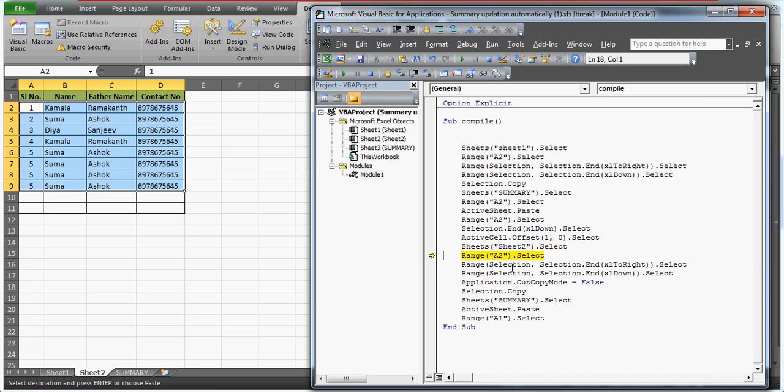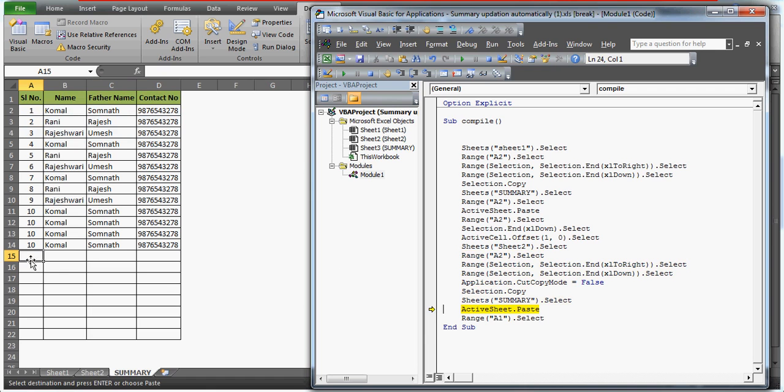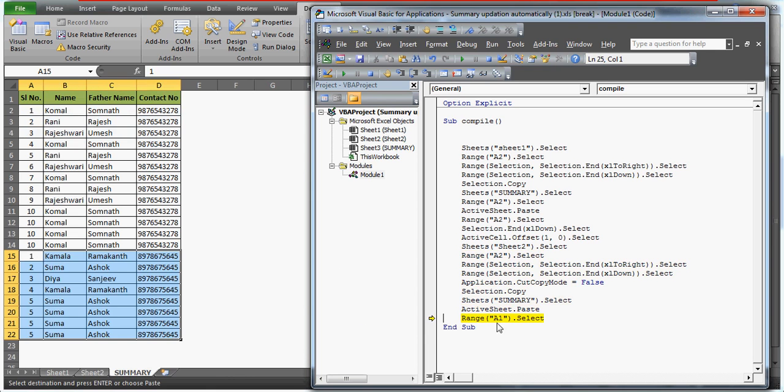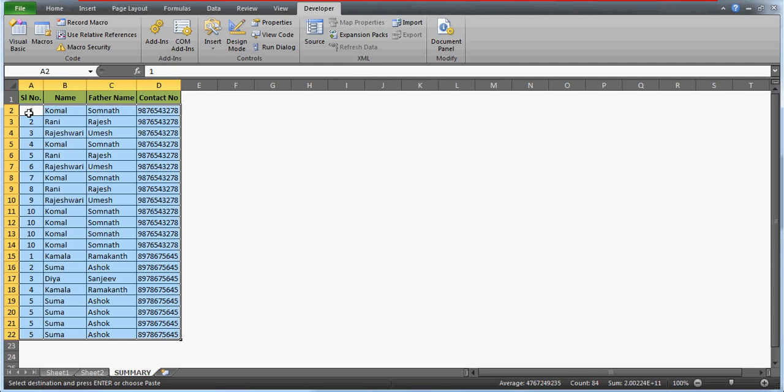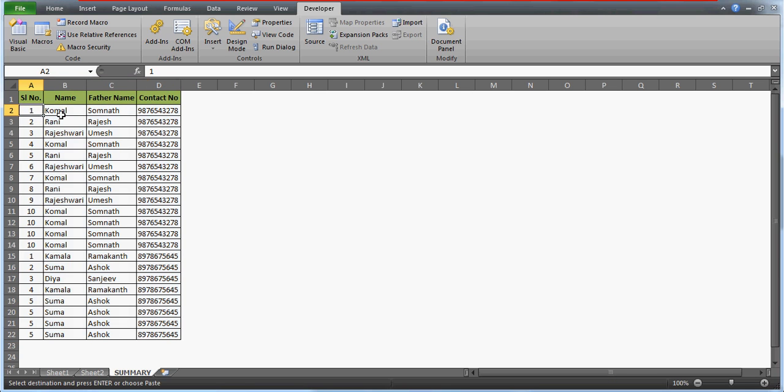Now I'm on Sheet 2, and on Sheet 2 I am on A2, and the data is selected and then copied, and then on this sheet it is pasted. There we go. That's it. I think the macro is finished. Now let's do one more thing. You can further record one more macro, so that anytime this macro runs, the data should be deleted. I can write the macro directly, but